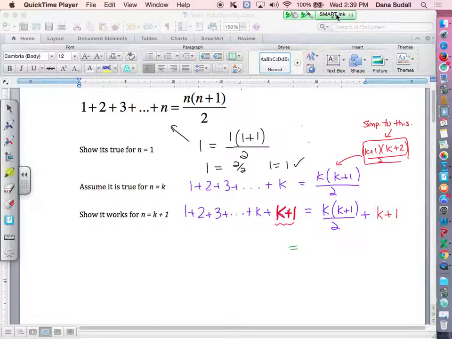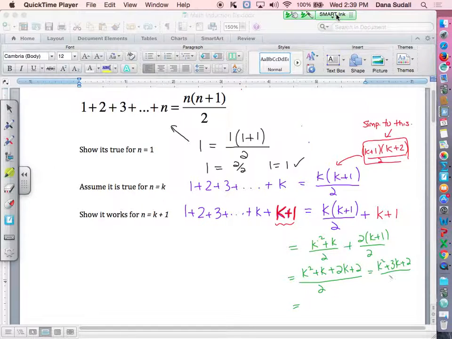So if you look at these two terms, maybe you would find a common denominator. So I'd have k squared plus k in the top over 2, and maybe make this 2 over 2 times that k plus 1. Now I can put this all together, which is k squared plus k plus 2k plus 2. And then that numerator, if I can combine those like terms together, I would get a 3k. And then that factors into k plus 1 times k plus 2 all over 2,